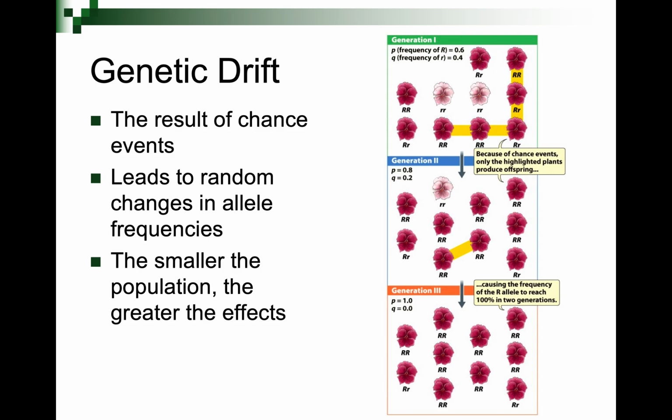Okay, so let's come back together. If you look at this, here's your population in generation 1. Here are the allele frequencies. If these are the only individuals here that produce offspring just by chance, then in your next generation, you're going to see that the allele frequencies have shifted dramatically. And if in this generation 2 only these individuals reproduce for whatever reason, then by the time you get